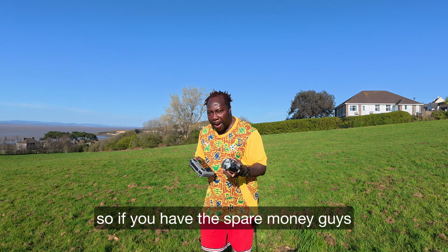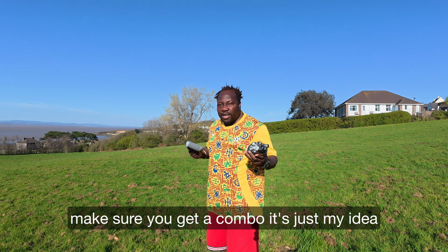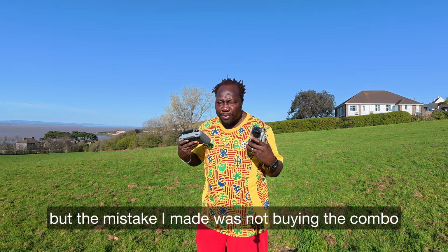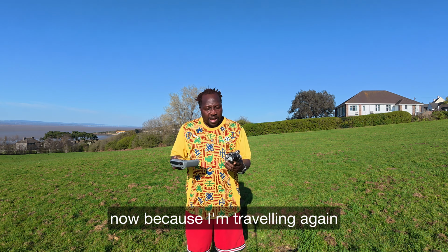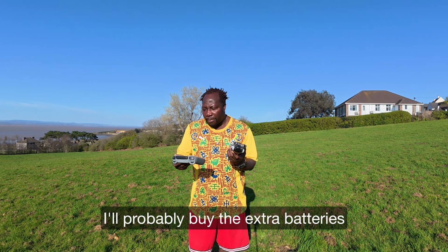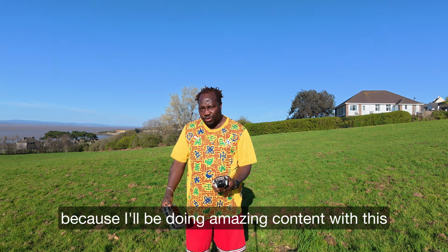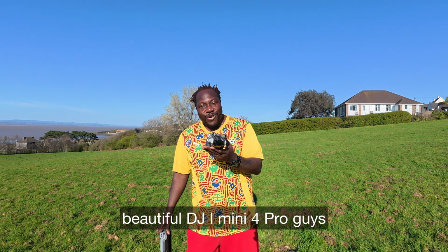So if you have the spare money, guys, make sure you get the combo. It's just my idea. You might decide not to buy the combo, but the mistake I made was not buying it. Now, because I'm traveling again, I have to buy the bits. I'll probably buy the extra batteries and the charging hub, because I'll be doing amazing content with this beautiful